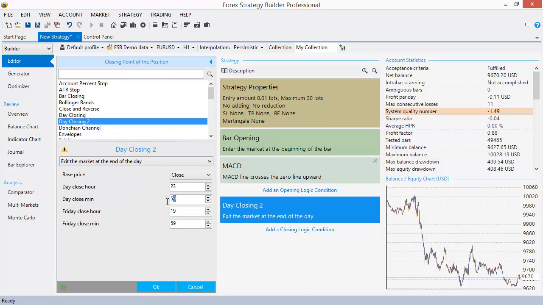Here we have 23 and 59 minutes, so it will close the position 1 minute before midnight. You can set a different time. Why do you have to set that? Because some brokers do not accept orders